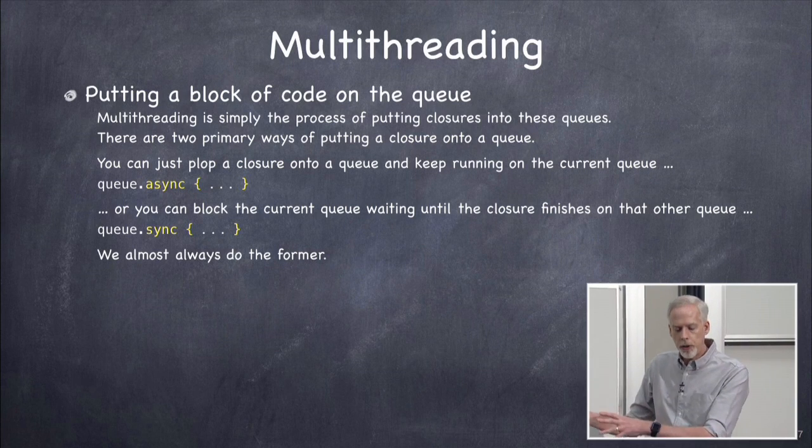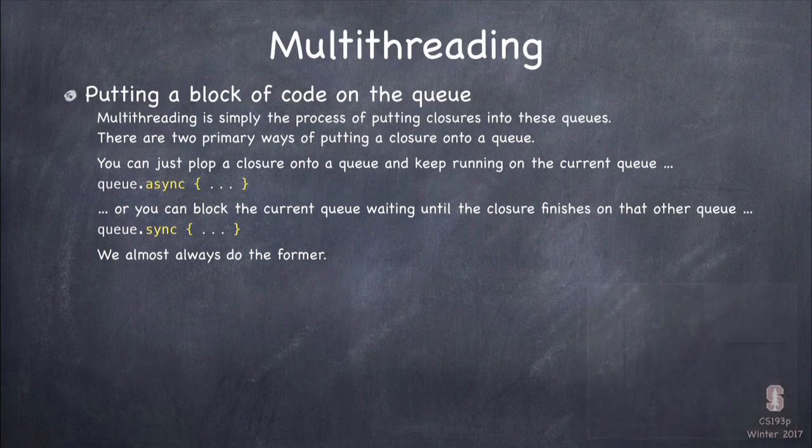You fire off some other thread, it's running along in the background. It could say main queue.sync this code. Now that code would be put on the main queue. Sometime later, we don't know when, it would run on the main queue. Once it's done, then your thread, your queue that issued this, would continue. Make sense? So we would only do this sync from code that is not on the main queue, because we never want to block the main queue.